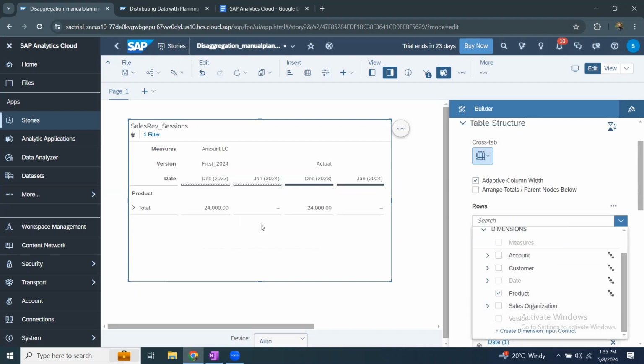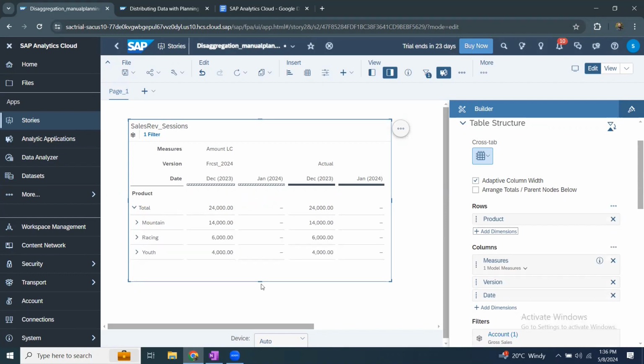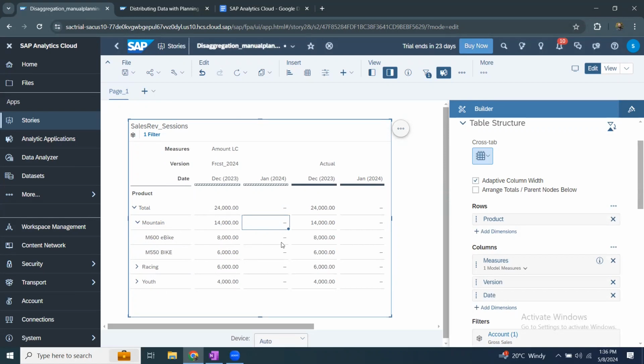So I'll get my products with the hierarchy. I'm going to expand this a little more so I can have 3 hierarchies for the bike products. I wanted to plan for the mountain category of the product. So what I'm going to do, I go to this cell and then start entering the inputs and it gets saved. So I can enter the value directly at the hierarchy node, or I can even go into the base members and then input the value for those